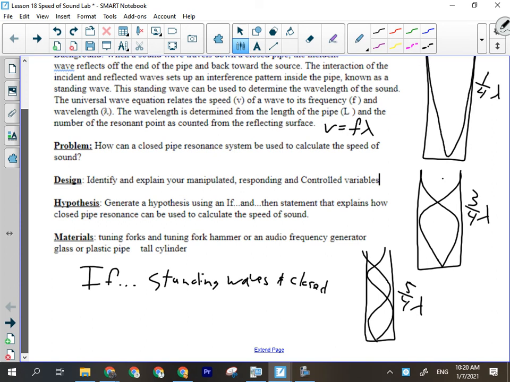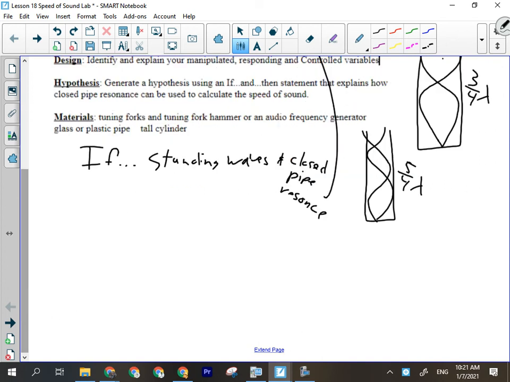Basically, you're telling me how this works in the if part. Tell me how standing waves and closed pipe resonance work. Here's a big hint for you: it's up here, and you can probably find it in that part. You can restate some of the background information that's up there. The and part is just describing the experiment,